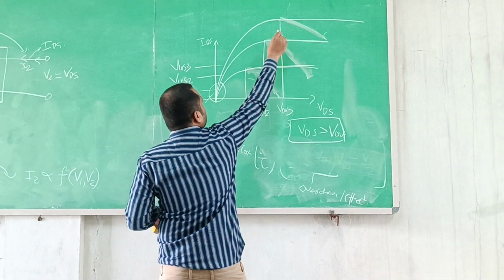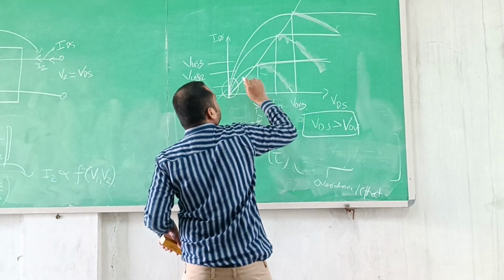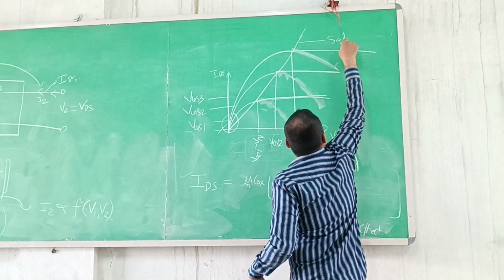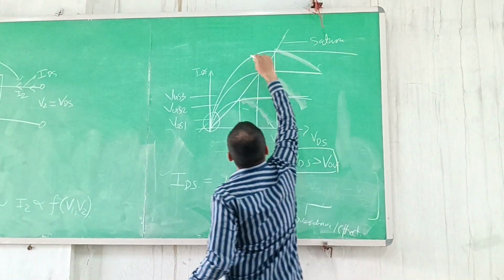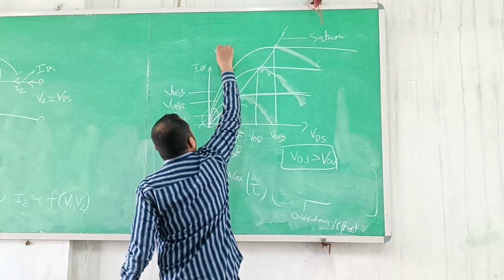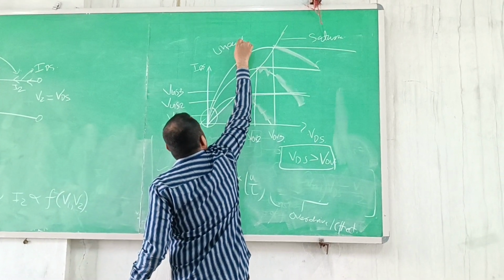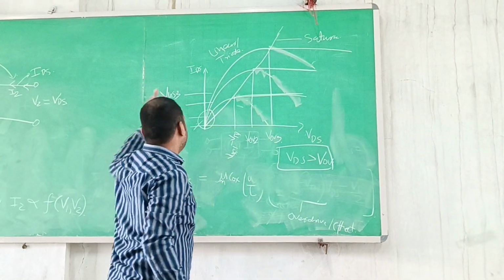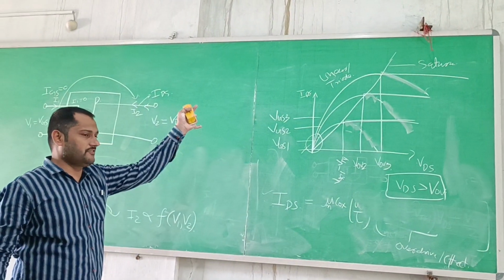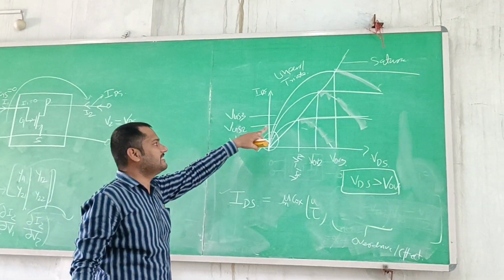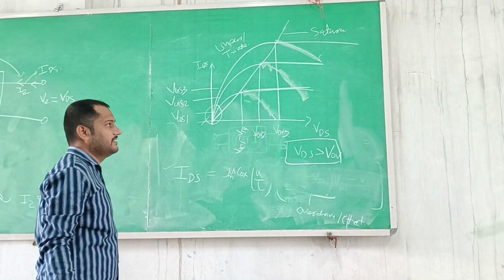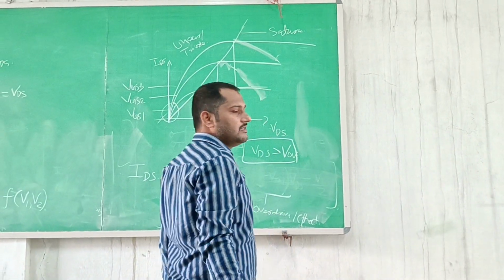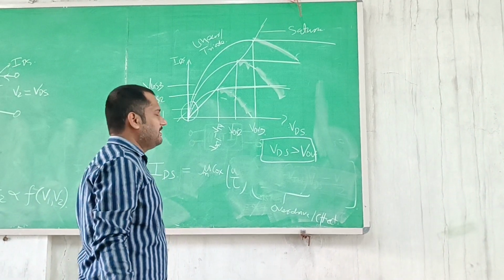And this region of operation is called saturation, and this is called linear or triode. That linear and the linear of control systems are different. Don't confuse them, this is completely different. This is just the name of the region. For naming only it is linear, but actually this saturation region is useful for our amplifier application.